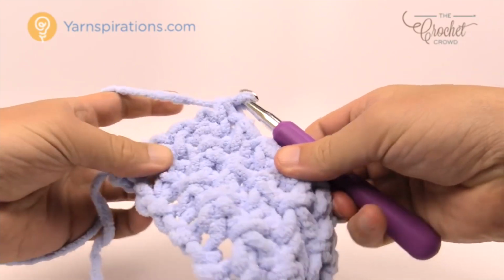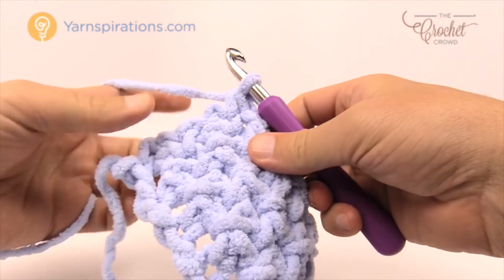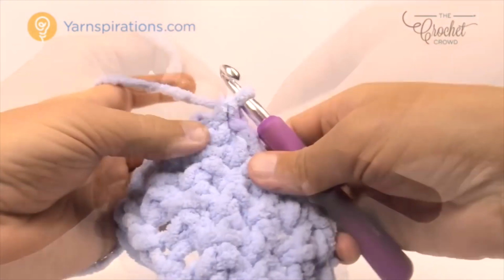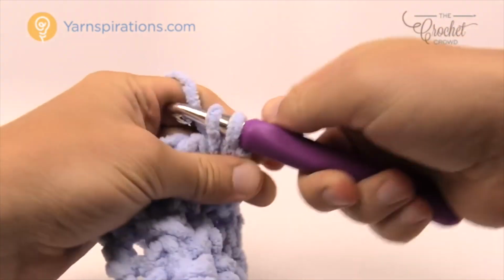Okay, so when you're done this Afghan and you get it to the size that you want, all you just need to do is circle it around the Afghan with some single crochet. Let me show you how to do that. Okay, so to do the single crochet around, you're just gonna chain 1